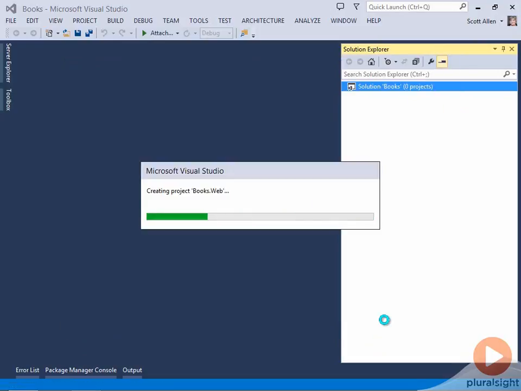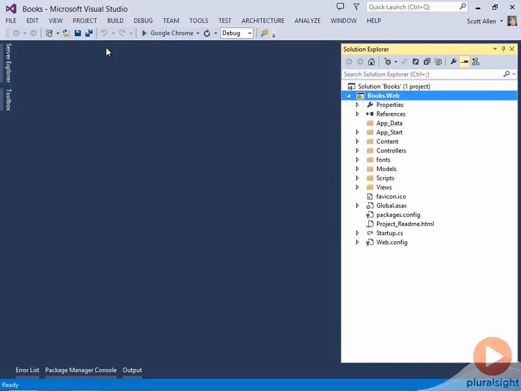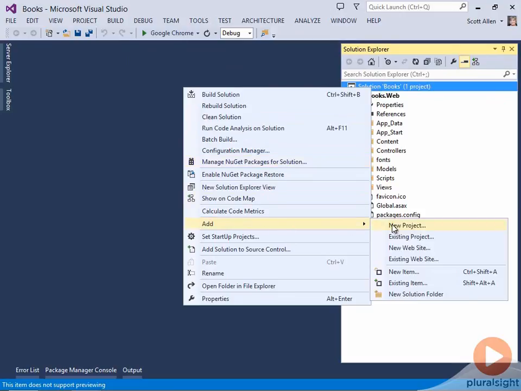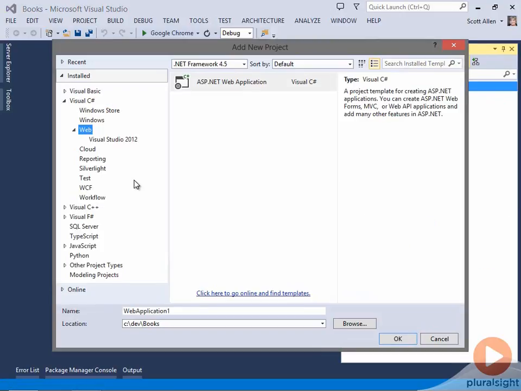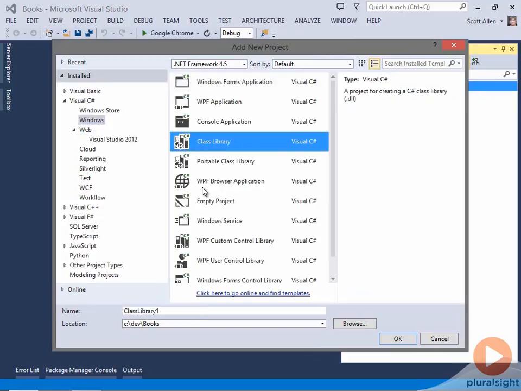And one of the packages that Visual Studio will install into this project will be the Entity Framework version 6. So we should be all set up to work with the Entity Framework. Now the actual entities that I want to store in that database, I want to keep them in a separate project. I want to keep them in a project that might represent my business logic, my domain logic. I just want a simple class library, and I will call this one